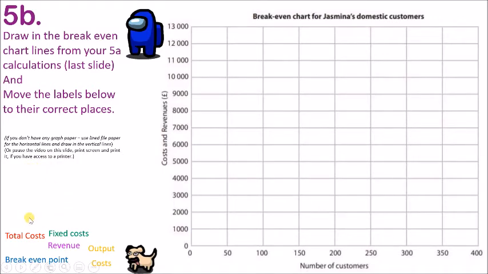Your first task should be fixed costs. So if you look back on the last slide, you will see fixed cost at 4,000. So costs, which side are you looking at? Are you looking at the x-axis of output? Oh look, perhaps you need to move the yellow labels first. Or are you looking at the y-axis of cost? Boom! There's a little bit of a clue. So you find the 4,000 and you draw your first line and label your first line,